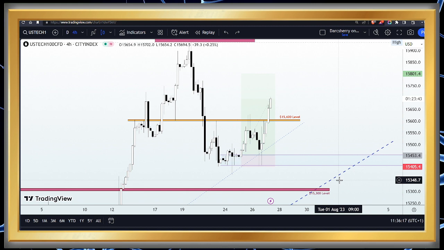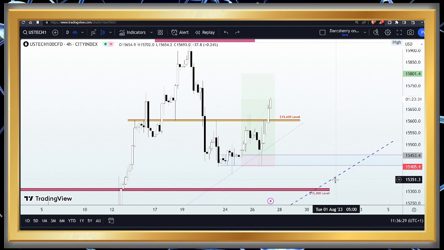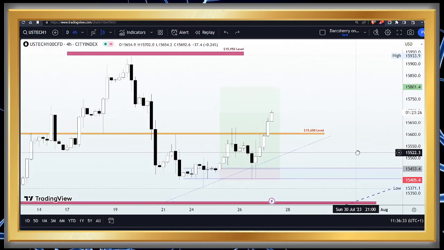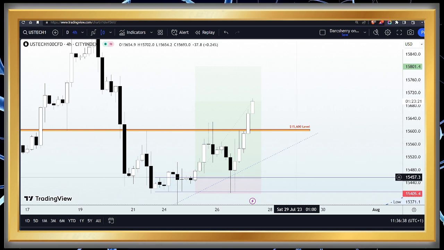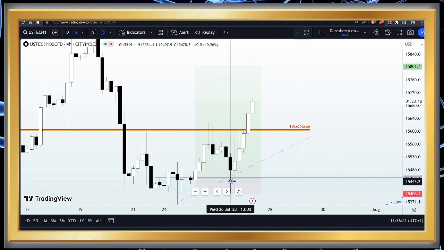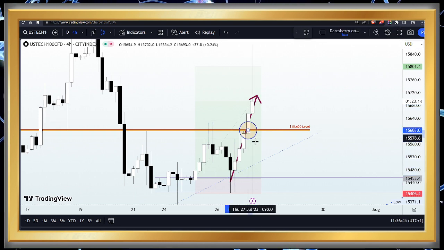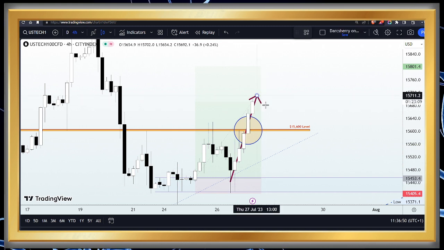Now, for those who had missed out on this opportunity, at this juncture, I will be advising you to exercise some patience, and let's see if the market will give us a second chance to be part of this uptrend continuation. Now, one of the things we are going to be looking at to be part of an uptrend continuation here, if the market permits, is that since we already have a breakout of a key significant level, such as the 15,600, we are likely going to see price action come back to retest that structure.